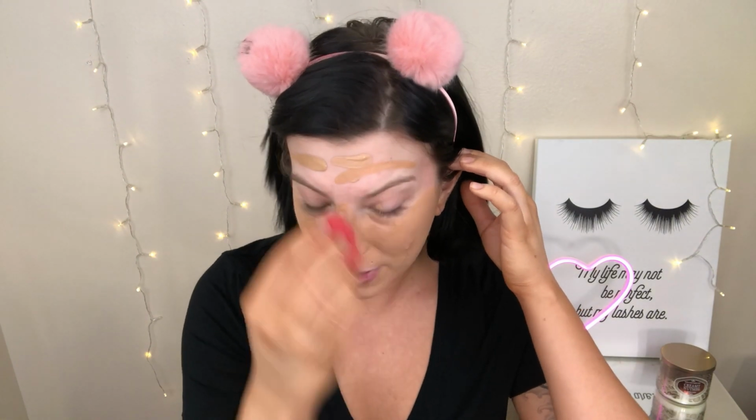That's the downside, is like sometimes the undertones can be a little off, but definitely just mix it. I mean, for $4.99, you can afford to mix the foundation and get your perfect match. I'm gonna take my Morphe blending sponge and I'm gonna literally go like this and rub it all in on my face. That's what I always do, just to make sure it's all mixed together when I do it like this, and I never have issues with it. And then I'll just pounce it. And then pretty damn good match. Okay. Bring it down to...